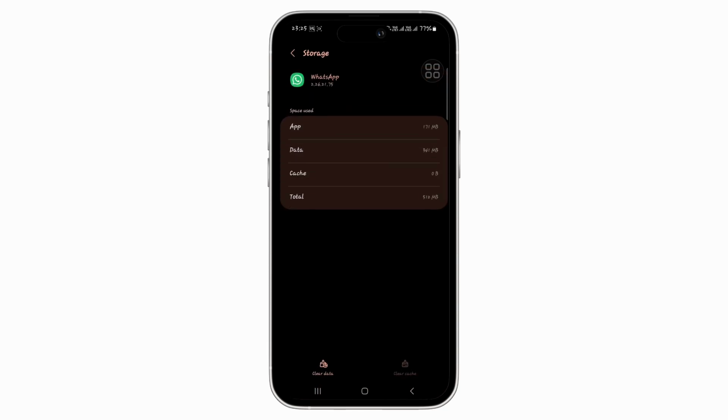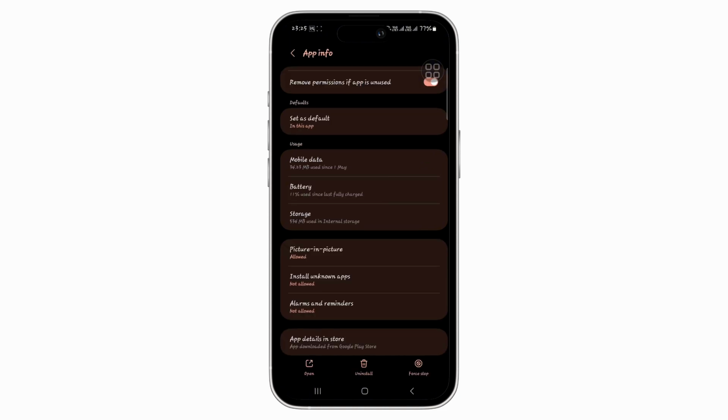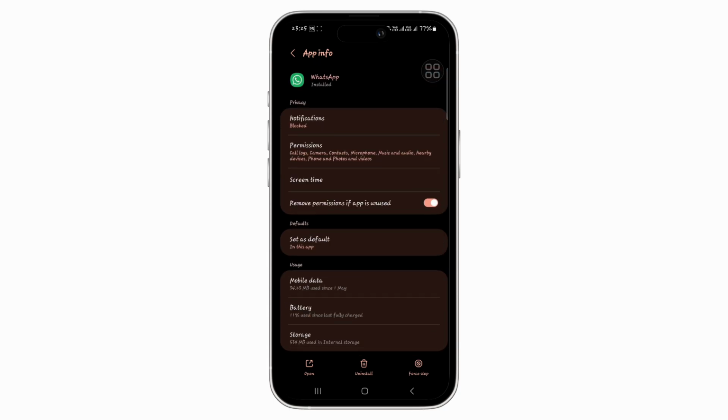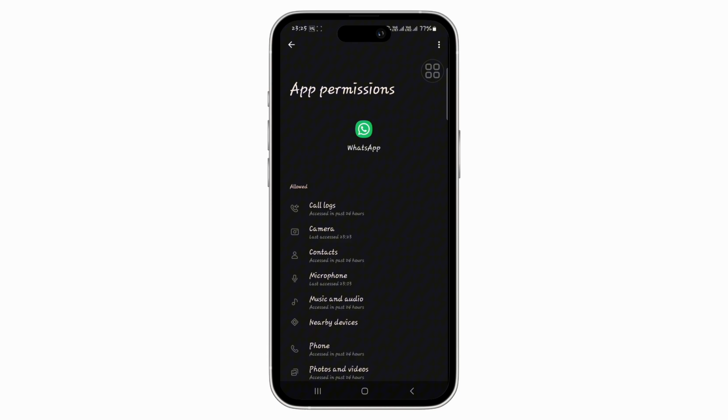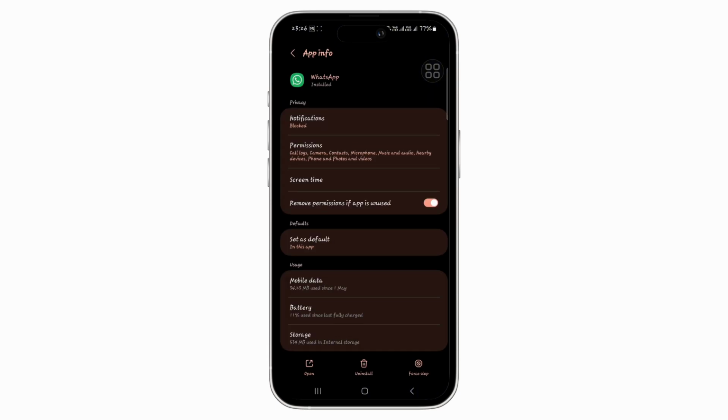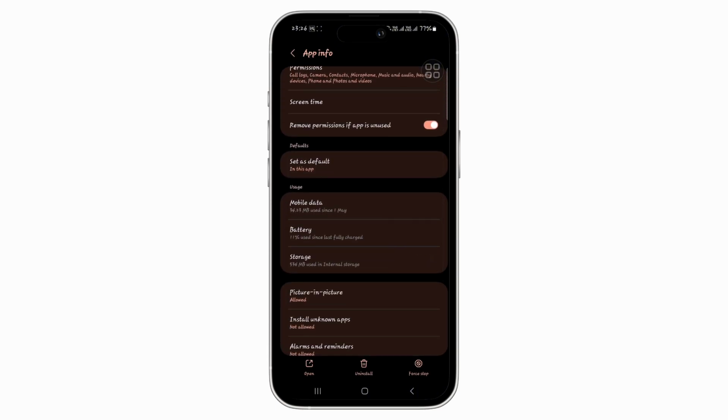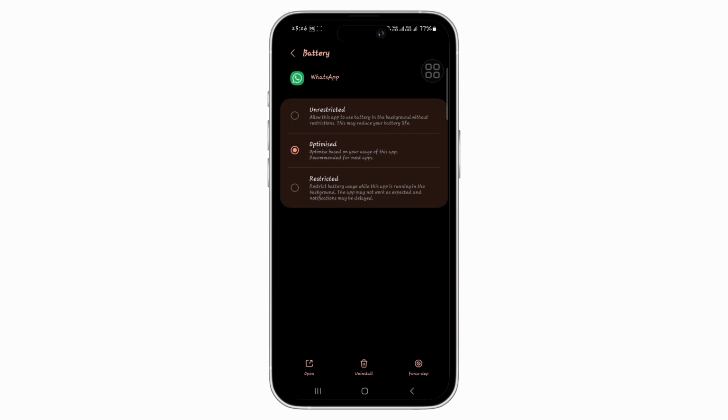You can also clear the data, but this will remove all of your credentials, data, and all. So you need to be very careful regarding that. Come back, go to permissions, and make sure that you've given all the necessary permissions to WhatsApp. Then after, you also need to go to the battery section and make sure that it's set to optimized or